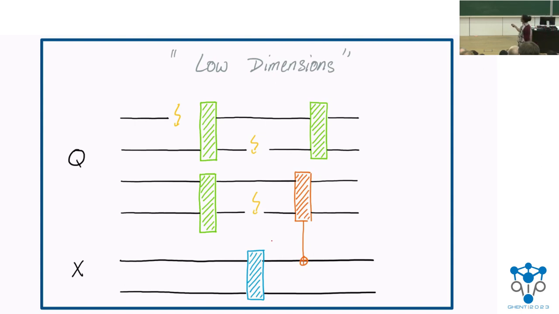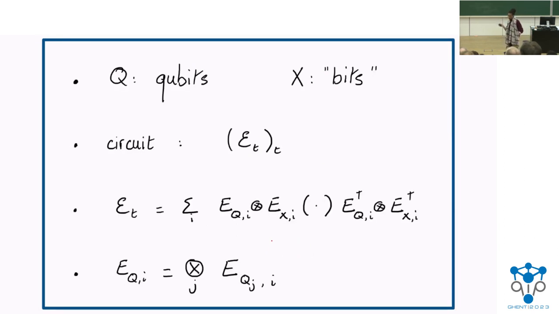So you might have, for example, some local quantum operations depicted in green. You might have some kind of arbitrary classical computation on a classical register X, because you have access to rather good classical computers. And also you might be able to do some controlled operations between your classical register X and your noisy quantum register Q. And we would like to be able to formalize this setup, which might not be terribly obvious.